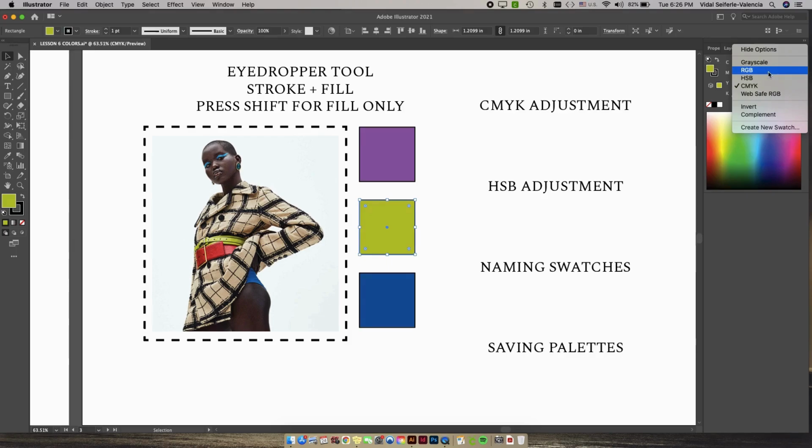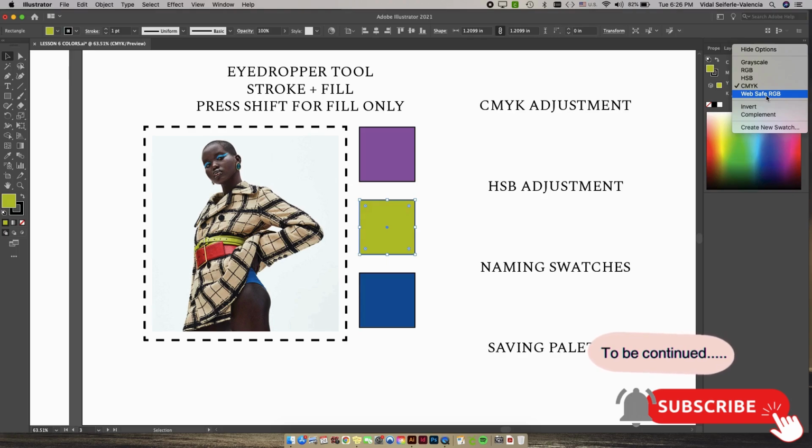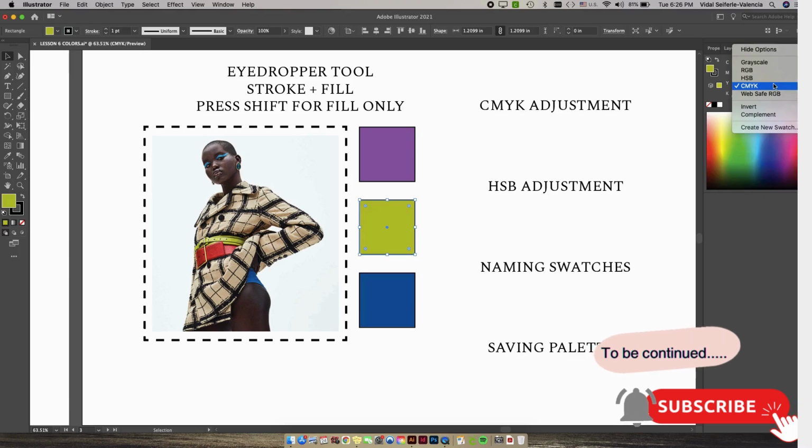If you're going to be presenting a digital portfolio, if you're saving something to be on the internet, you generally want it to be RGB or web-safe RGB, as some websites cannot support certain colors. In this case, we're really just talking about CMYK, as more likely than not, you'll print out some of your sketches, your portfolio, bring that to an interview, but you just want to be cognizant of the purpose of your file. And we're going to